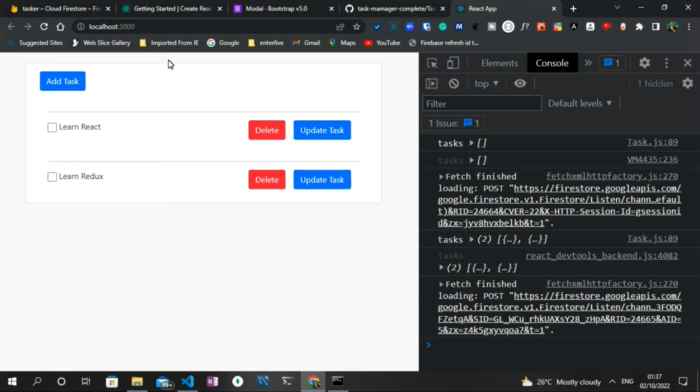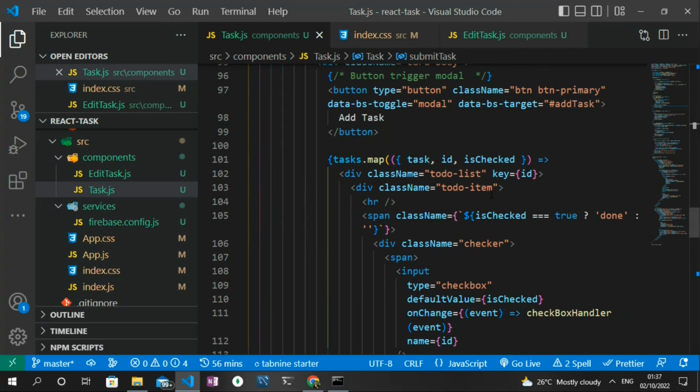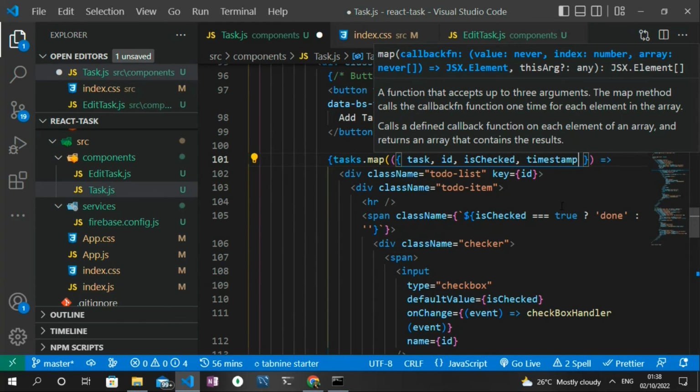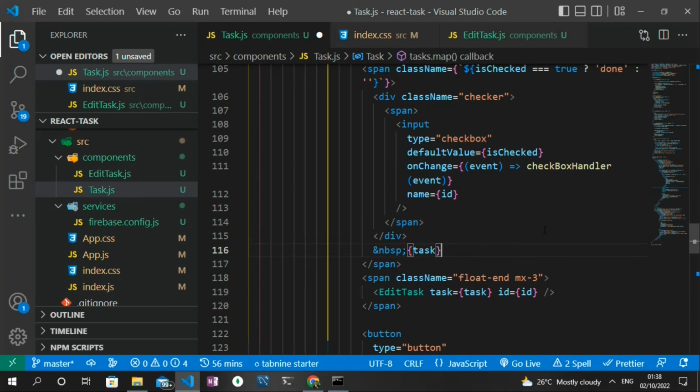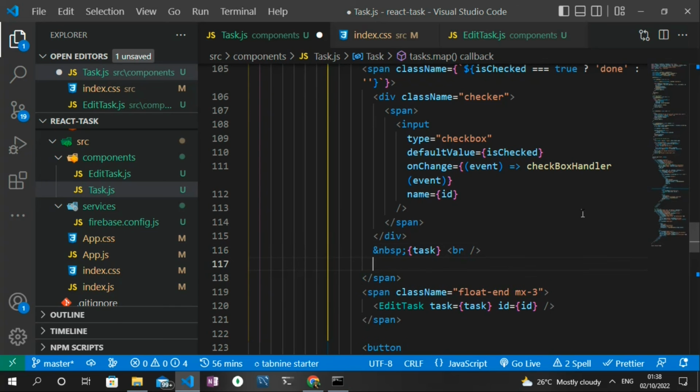So the final thing we need to do is to display the time right below each of the created tasks, so the user is aware of the time each of the tasks is being created. So quickly, let's head straight to our JSX, and we first need to extract the timestamp from our tags array. So to do that, right beside this is checked, I can just pass in timestamp as it appears in the database, and I think we can put it after the tags we are displaying here. So I'm just going to create a br tag, and we can make it in italics. So I'm going to make use of the I tag, and I'm going to open a bracket,